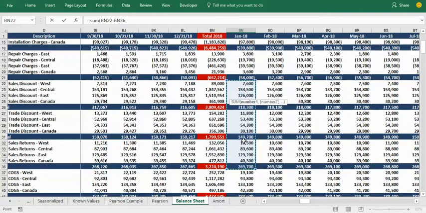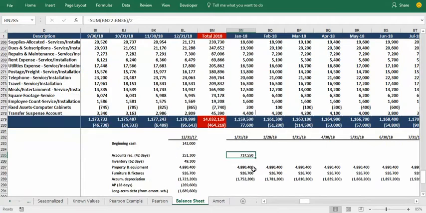Okay, now here's a little CPA trick that probably a lot of you know, but I'm going to divide that number then by 2. So I'll sum those numbers, including the subtotals, so I've doubled up, divided by 2, and that gives me my total net sales,